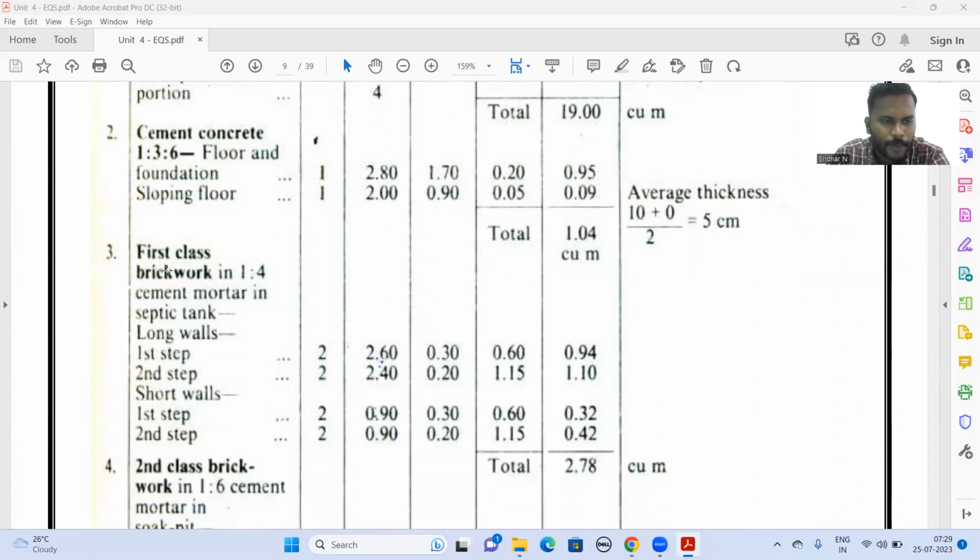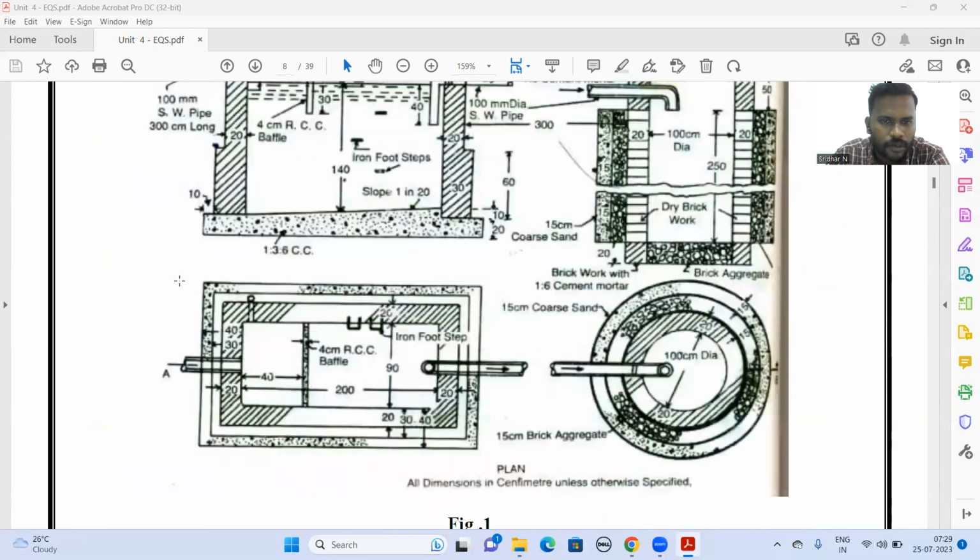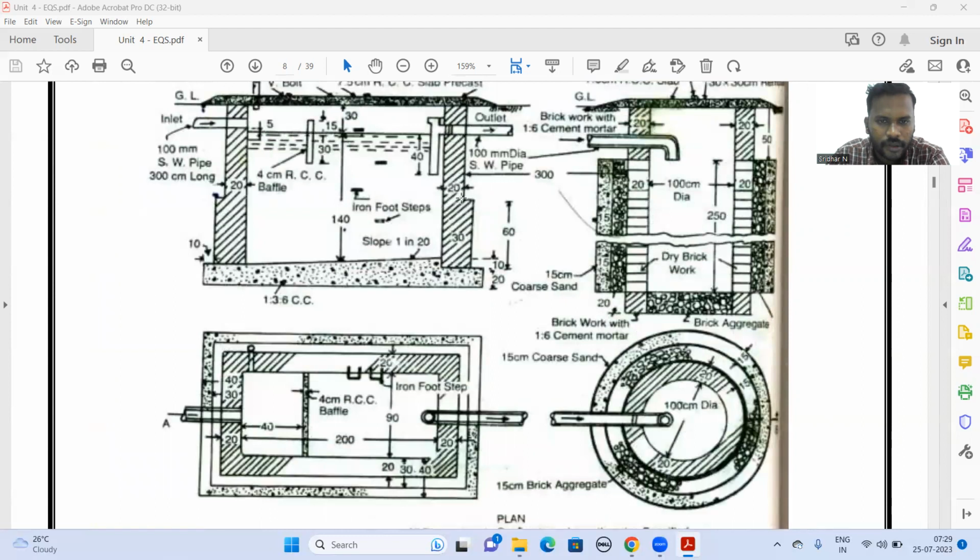And the next third parameter is the first class brickwork. Here also you can consider the long wall, again the short wall. If we go to this diagram, here the brickwork is considered in two stages. That is, the first stage is here and the second stage here. So if we extend those lines to the plan,